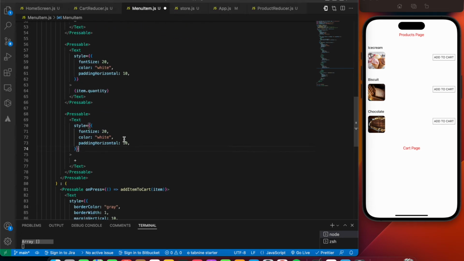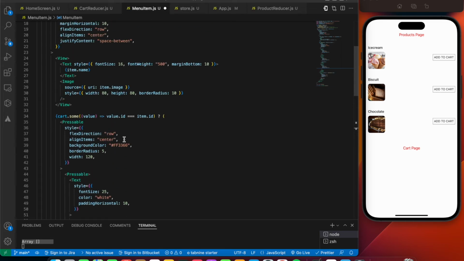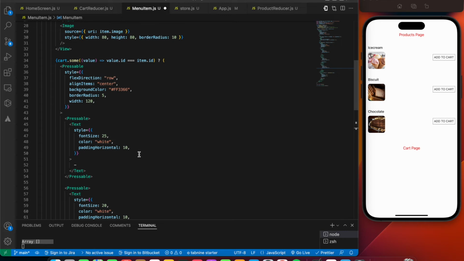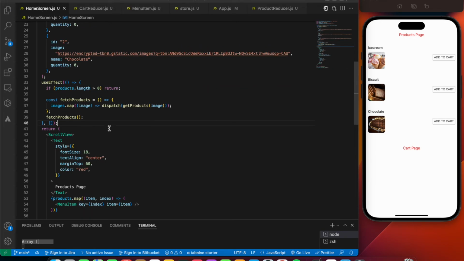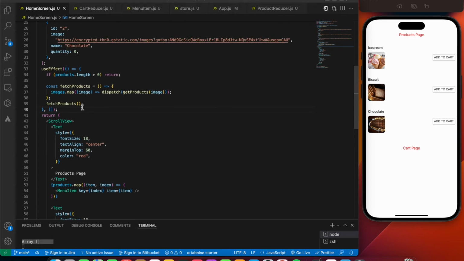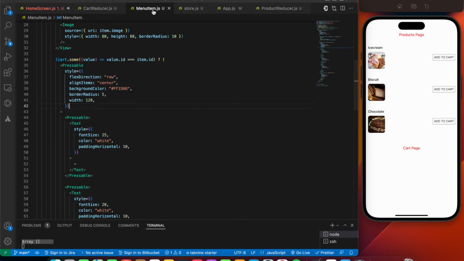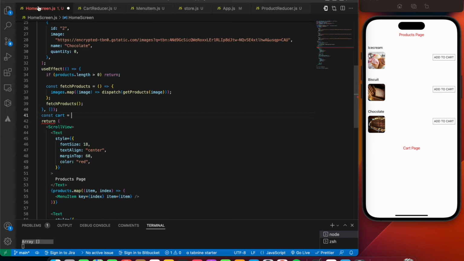The next thing we'll be looking into is the working, if it is working exactly or not. If I press on the add to cart, it should show me this UI correctly, right? Let's try that out. Before that, let's come into our home screen first, and we'll be rendering our cart items. For that, let's say const cart equals, let's pretty much copy the previous value inside our menu item. Yeah, that is this one. Let's copy this piece of line and paste it over here.